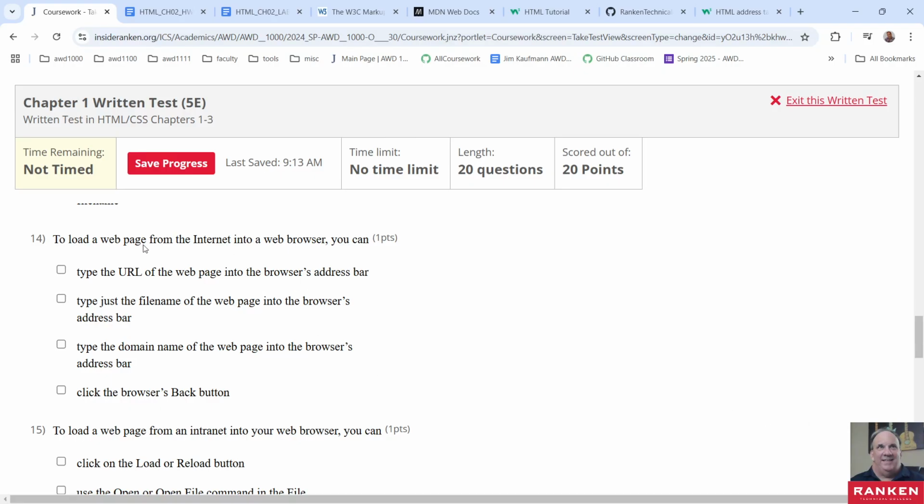So to load a web page from the internet into the web browser, you can type the file name of the web page in your browser, not the file name. Type the domain name, that's just the www. Let's say to load a specific web page, type the URL, the domain name, the web browser, click the browser's back button. So the best answer here is obviously to type the URL